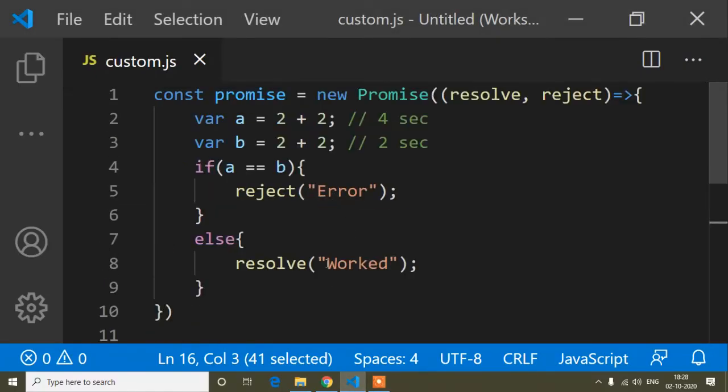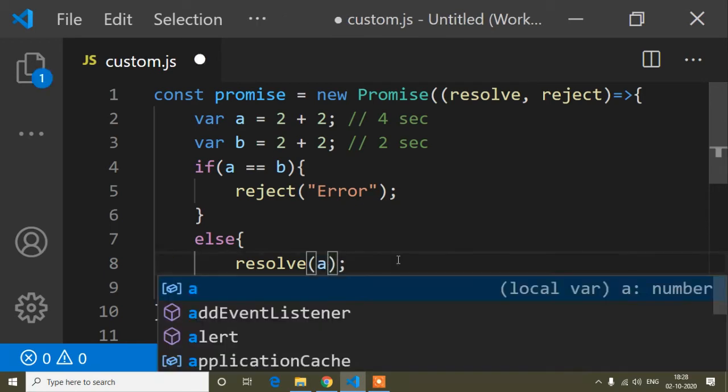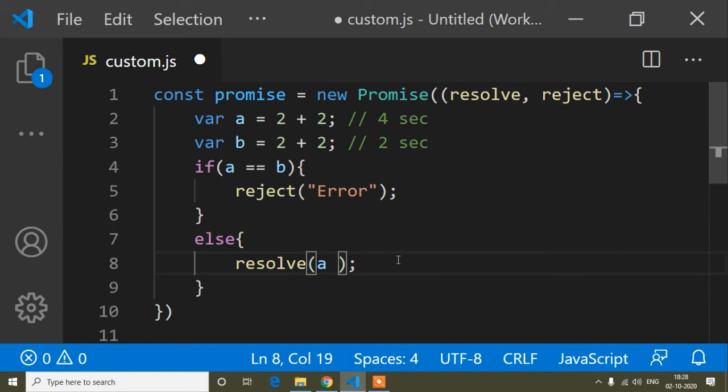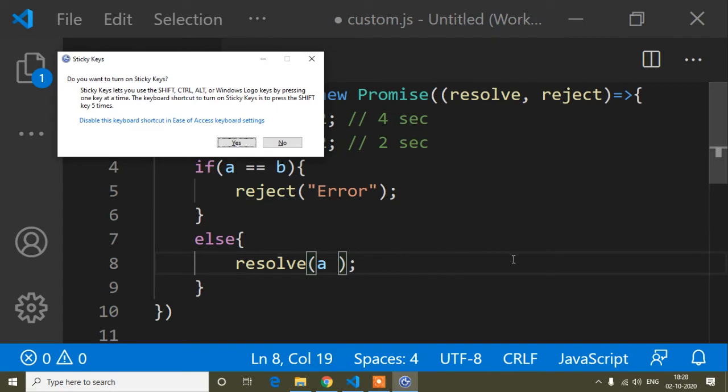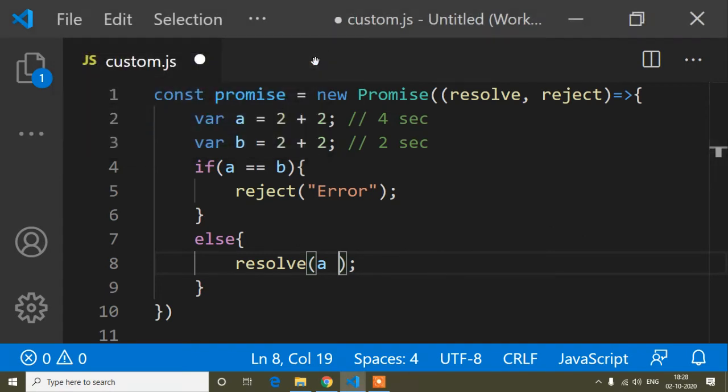Suppose you want to pass the value of a, so here you can pass a, plus the value of b.